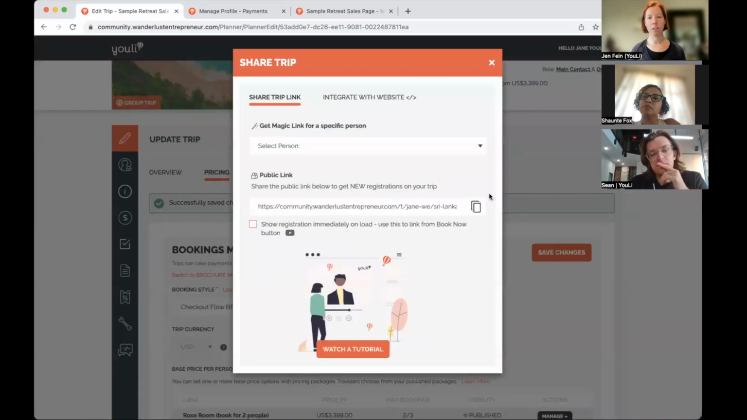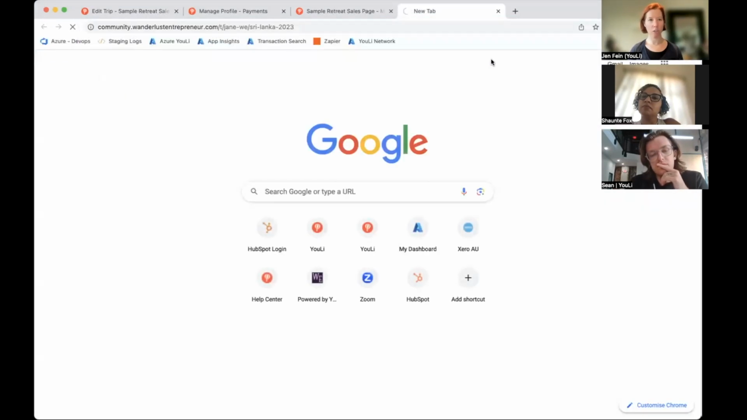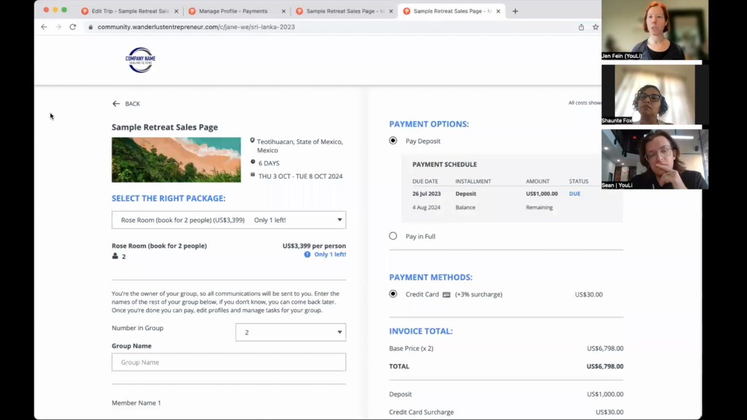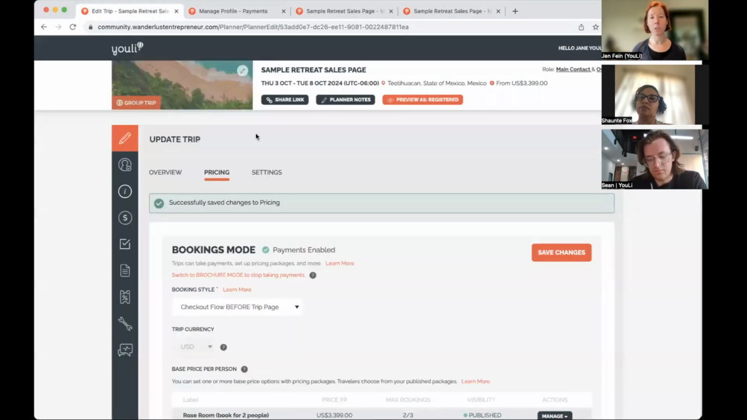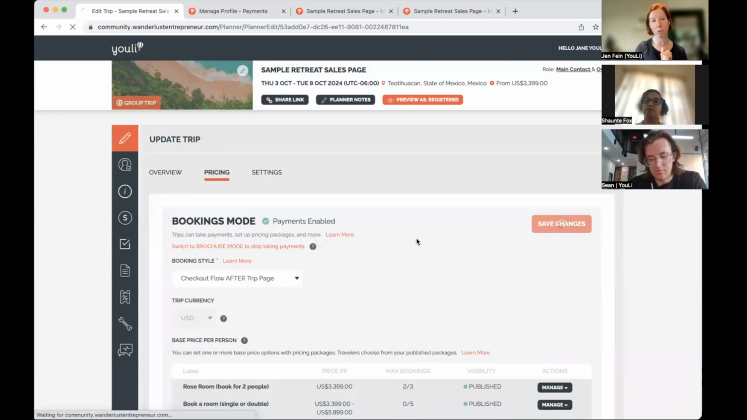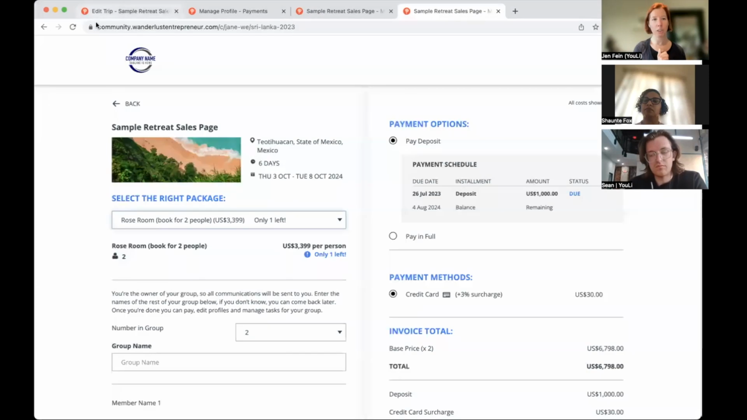So now when I click on this and do a share and open this page up, it looks totally different. This is a checkout flow, so this is not a sales page. This is a booking page, right? So when you think about whether you want checkout flow before the trip page, that's because you just want to send people to book, and they already know what they want and they just need to be able to pick it from here. So that's what this style does. I think it's probably not the right thing for most smaller retreat organizers, but you might want to consider checkout flow after the trip page, which is actually going to